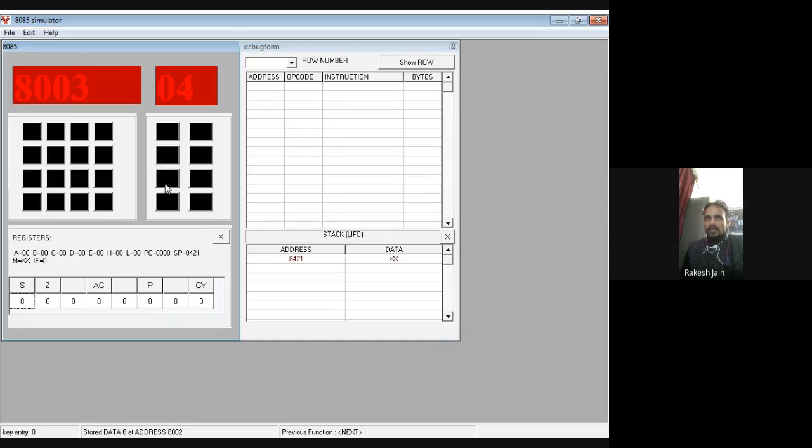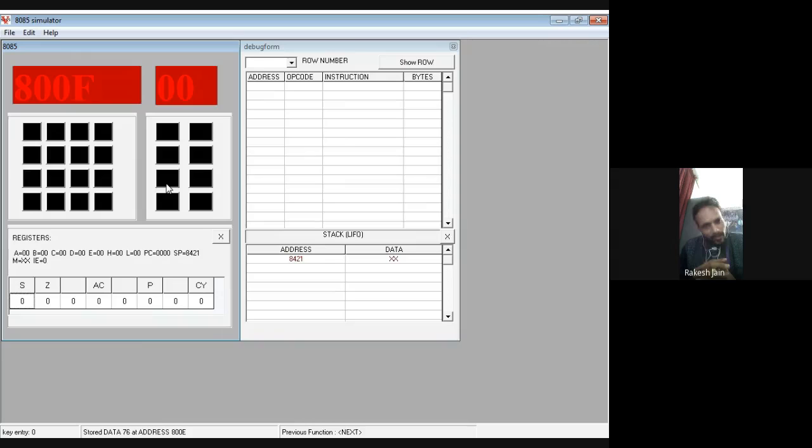At the 8000 memory location, I have to load the first data, that is 3. Yes, 3 is there, then 00, then 06, then 04, then 0E, then 05, then 80, then 0D, then C2, then 06, then 80, then 32, then 00, then 90, then 76.